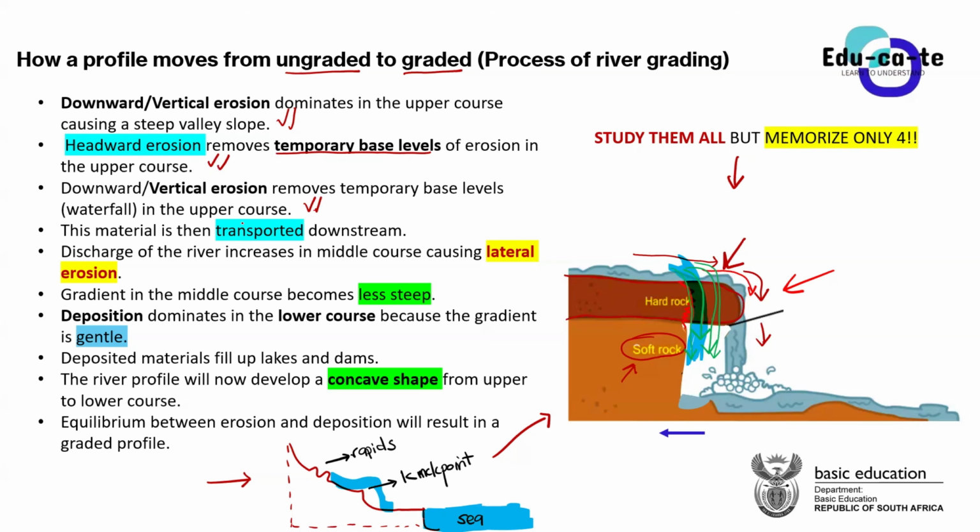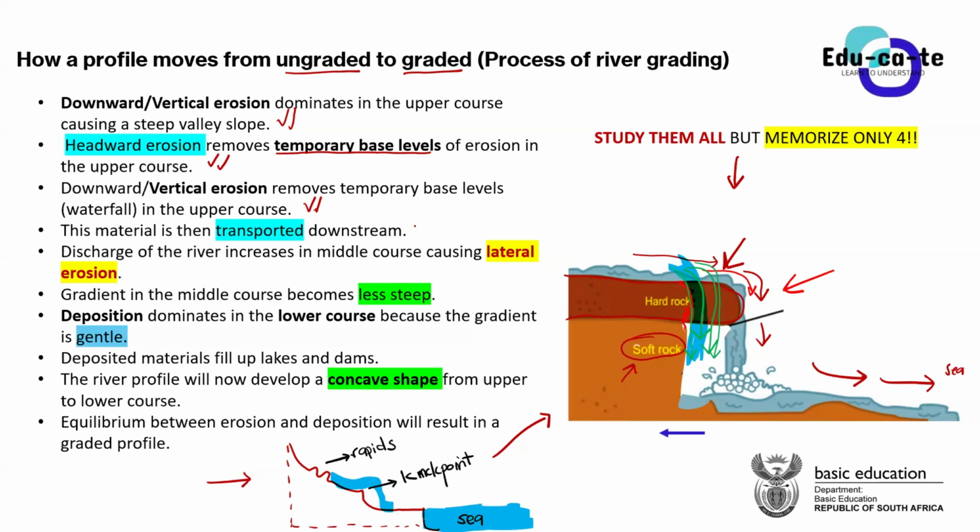And then now, when this rock breaks down, where does this material actually go? Because this rock is being washed away. The softer rock has been washed away. Where is it going? It actually is transported downstream. So the river will continue carrying the eroded material, the eroded soil, downstream because it is going towards the sea, right? So it will continue carrying that eroded material downstream.